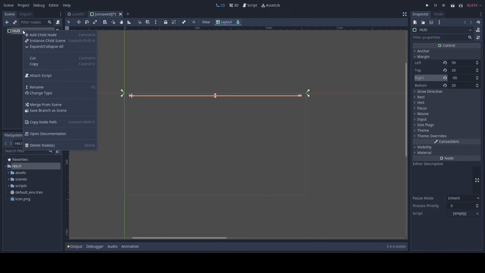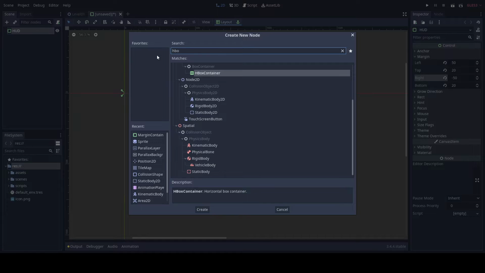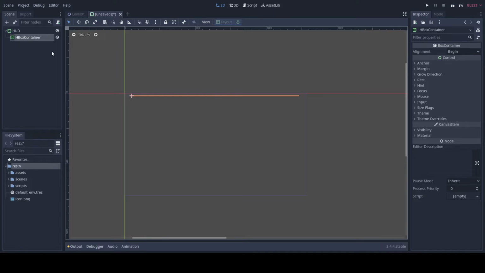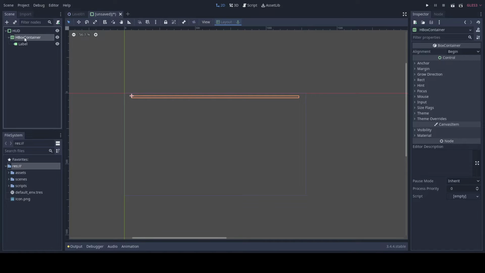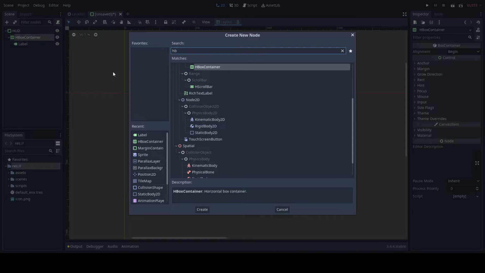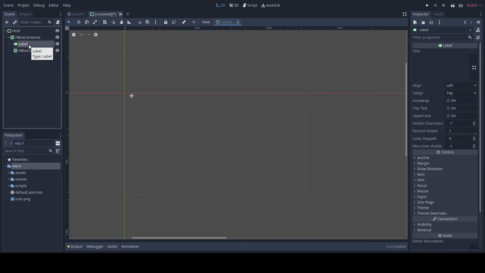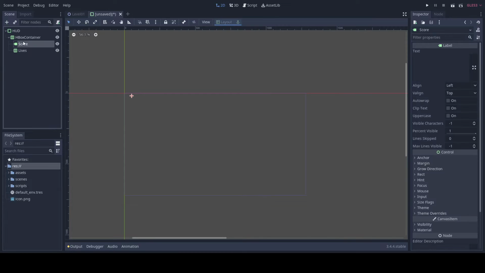From there, what we want to do is add a child node, and the child node will be hbox container, and then as a child of hbox container we can have label, and another child of hbox container we can have a hbox container again. So for this label we're going to call it score, and the second hbox container we're going to call it lives. Next we want to select the score, and here where it says text we're just going to have one